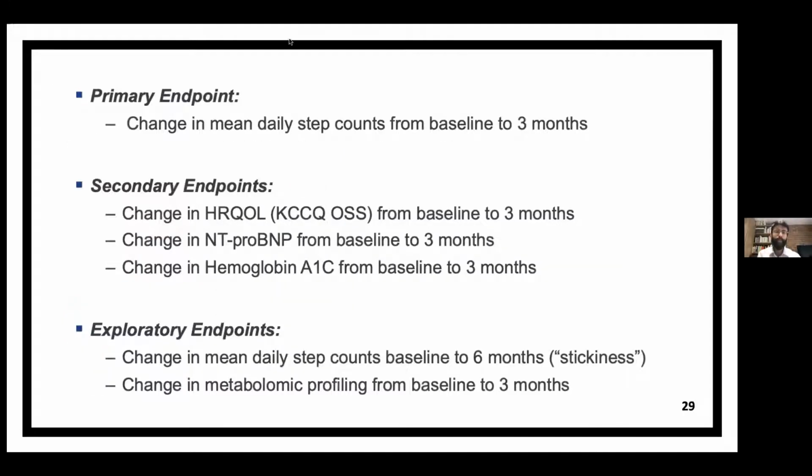Our primary endpoint was the mean change in daily step counts from baseline to 3 months. Our secondary endpoints included changes in the KCCQ, so heart failure related quality of life, sorry for the acronym, but this was the KCCQ that I talked about before, from baseline to 3 months. Change in NT-proBNP, a marker of heart failure congestion. Changes in hemoglobin A1C from baseline to 3 months. And some of the exploratory endpoints we looked at was change in median step counts from baseline to 6 months. And we also did some metabolomic profiling, which I'm not going to get into. But what this shows is how sticky is the intervention,